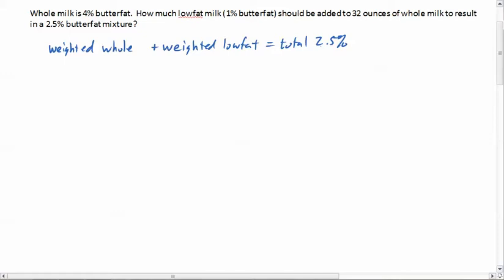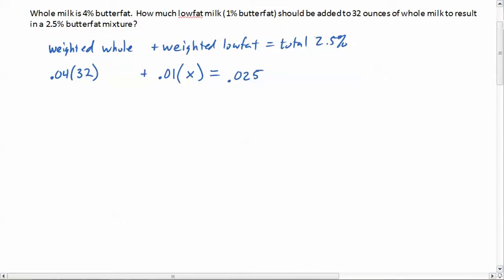All right, so we talked about in class how when we do a weighted average, we don't just add the things together and divide by how many there are, because they might have different importances. Really the important thing here is how much butterfat is in the milk. So we're going to take 4%, which is 0.04, so that's the weight, and multiply by the amount of whole milk, which is 32 ounces. Then we add the weight of the low fat, which is 0.01, multiplied by the amount of the low fat milk. And that should add together to give us a total weight of